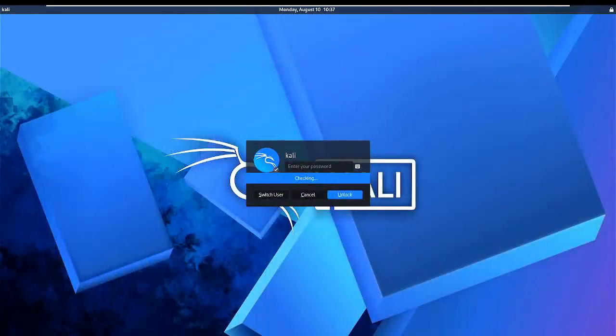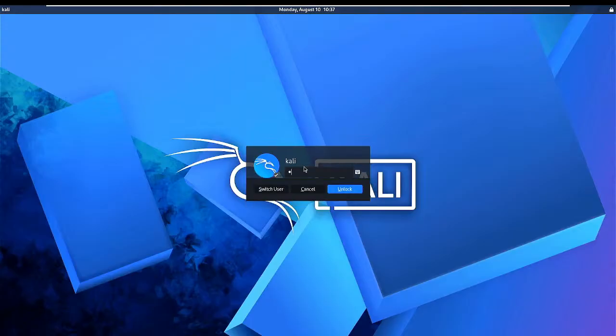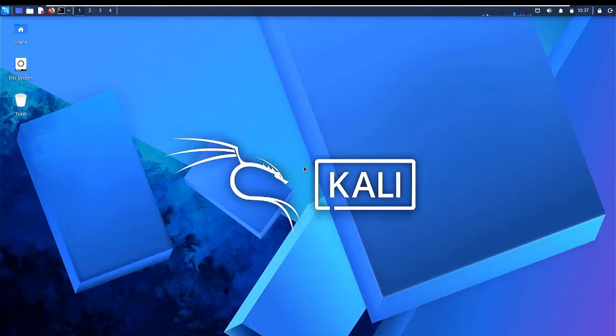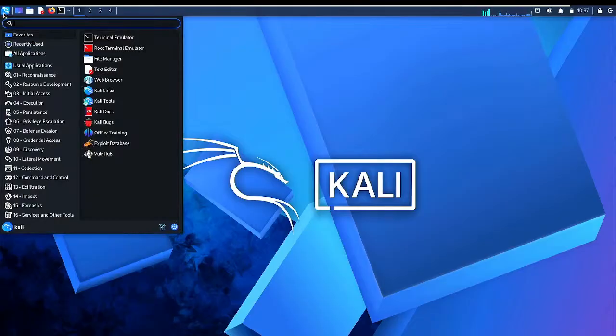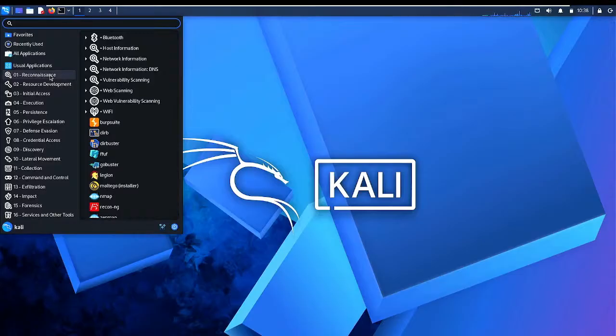The Linux operating system is actually an interesting operating system. If you are used to it and understand its commands, you will enjoy the system. This is the GUI, this is how it looks. If you come to this dragon icon and hover your mouse on it, it shows you applications that come with the Linux system. If you come close, you see reconnaissance. I explained what reconnaissance is, the seventh stage.